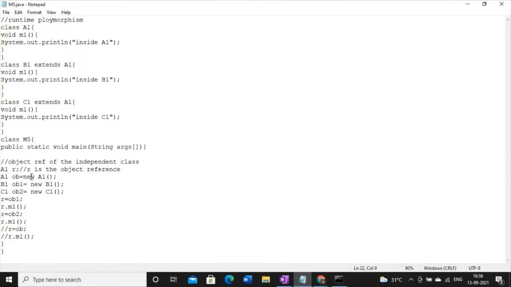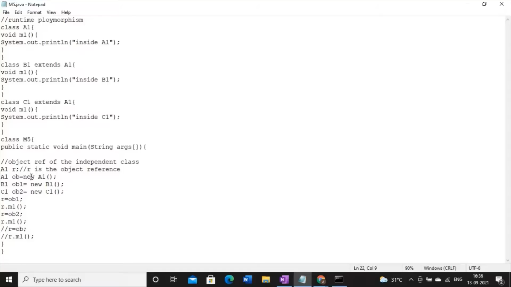And whenever you are solving the problem of method overriding with the super keyword, it is compile time polymorphism. So whenever you are using object reference, keep in mind it is dynamic method dispatch. But preferably, dynamic method dispatch is depicted over hierarchical inheritance.